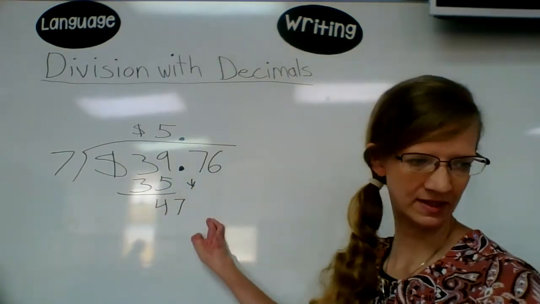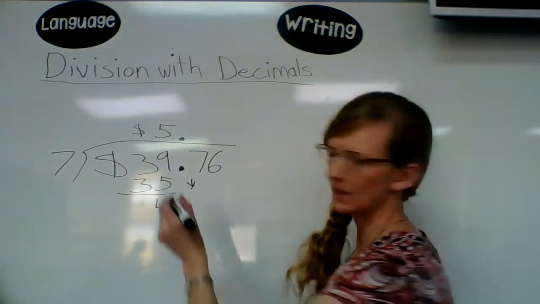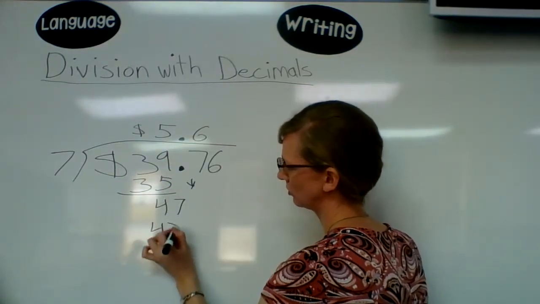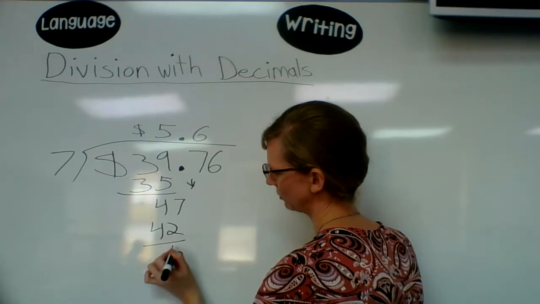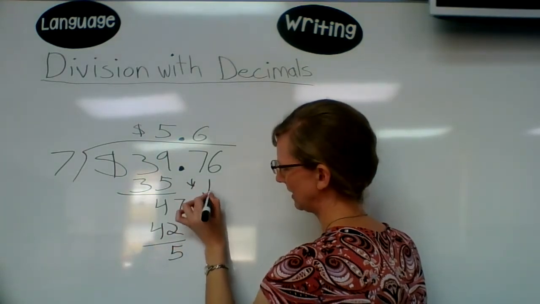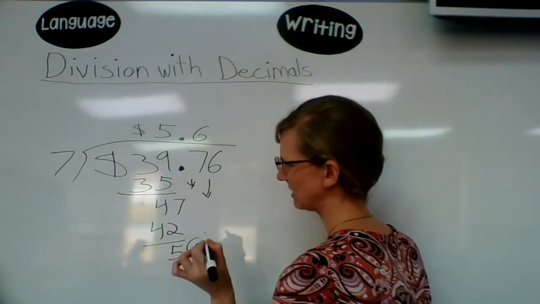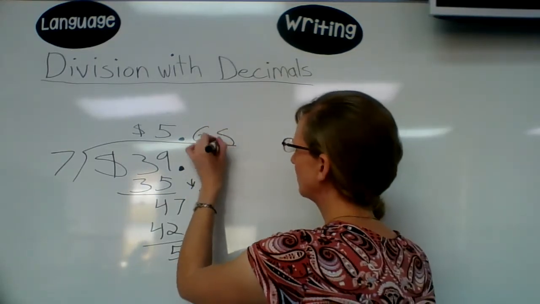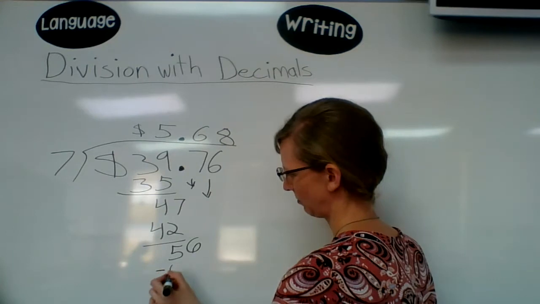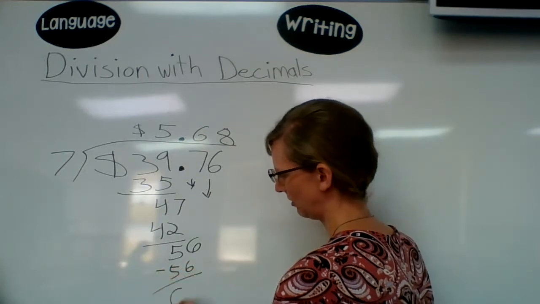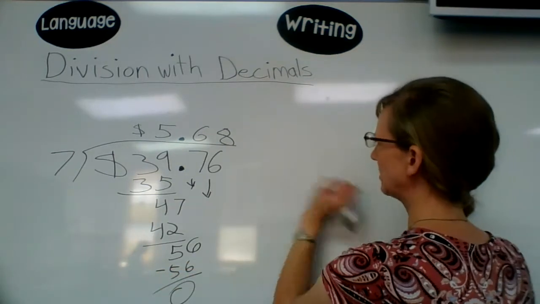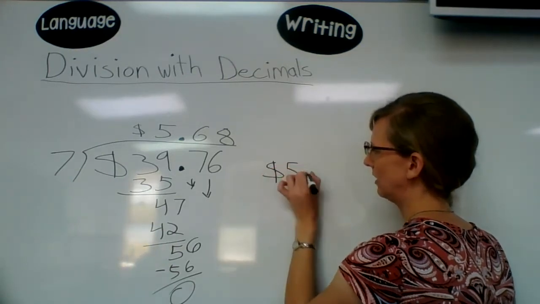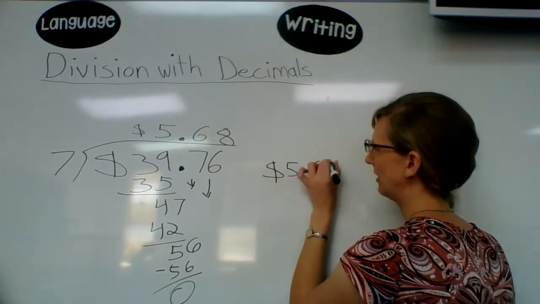That leaves you at 47. Okay, 7 times 6 is 42, with 5 left over. Bring down the 6. Makes it 56. 7 goes into 56 8 times with 0 left over. So when you write out your answer, make sure you use your dollar signs and your decimal points. Your answer is